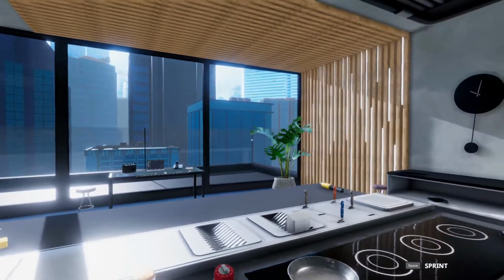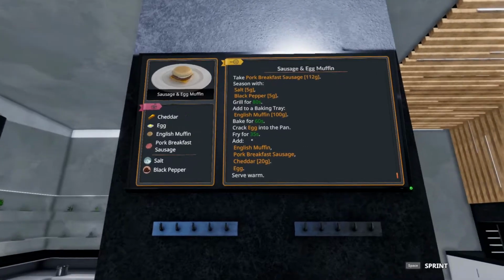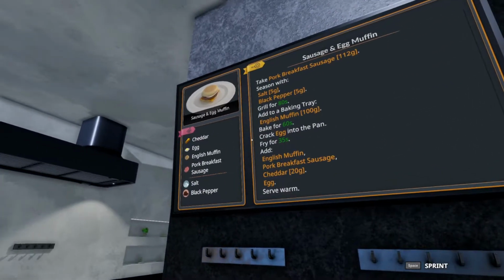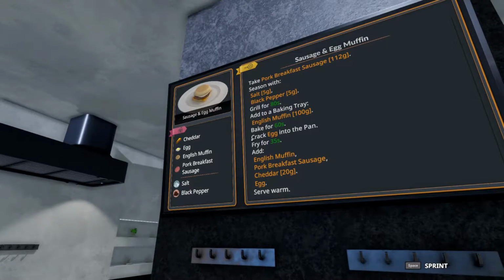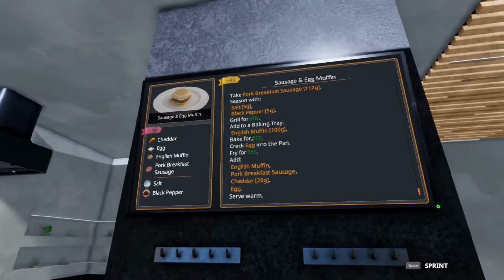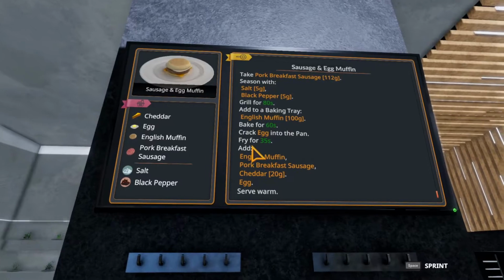Today, we're jumping back to the Food Network DLC with the Sausage and Egg Muffin. I almost said McMuffin. I'm so used to saying that. I don't even know if people serve sausage and egg muffins, if it's just McDonald's at this point. But with that, we're going to work our way down and try to see if we can get 5 stars